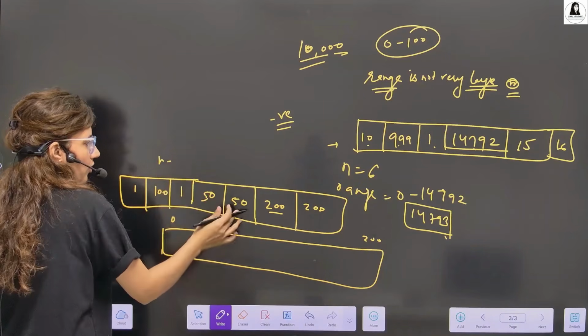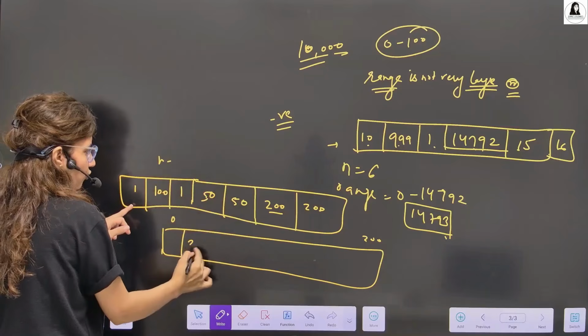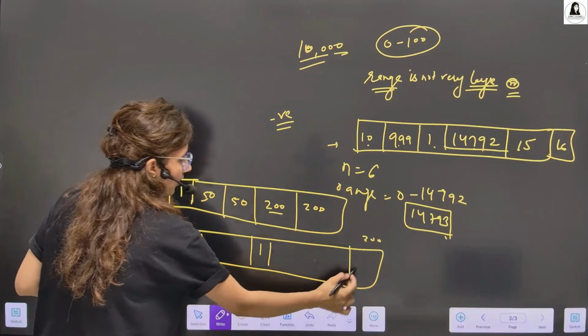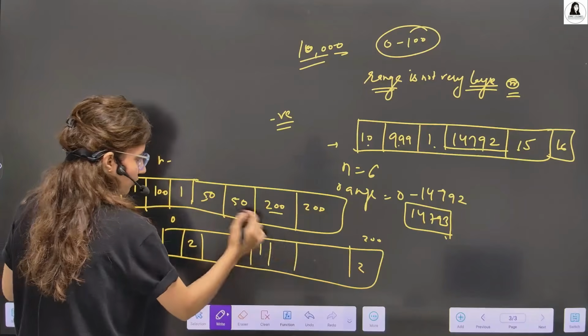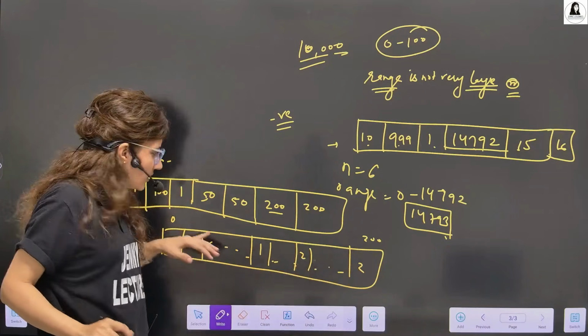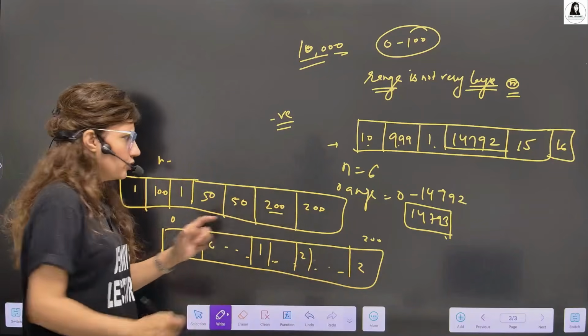Now n is very small. For 1 we have only 2. At 100 we have only 1. At the last we have 2. At 5 and 50 you have 2. Every other element is 0 0 0 0 0 0. So that is a sparse array. For this also it's not good.